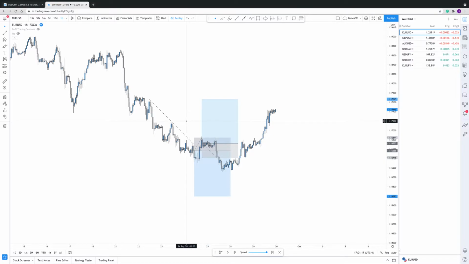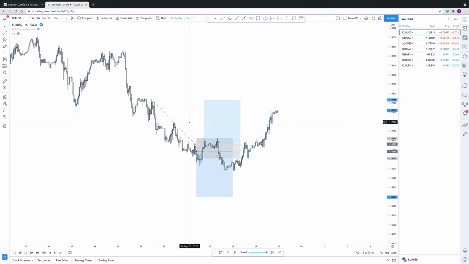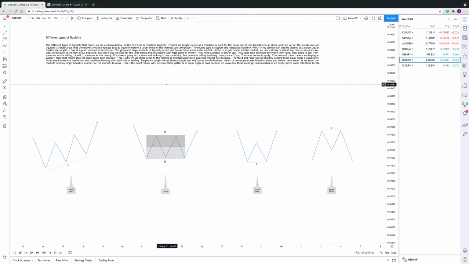This happens all the time, and it's about just understanding why price is doing it. This needs to happen in order for price to move. Liquidity needs to be swept for a larger move to happen. So if we just go back onto this diagram, we're going to look at the second type of liquidity,